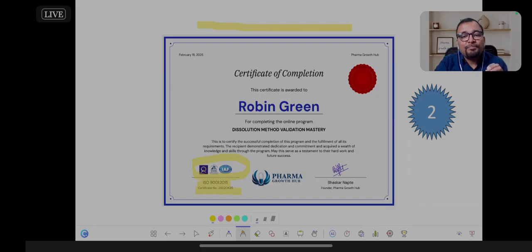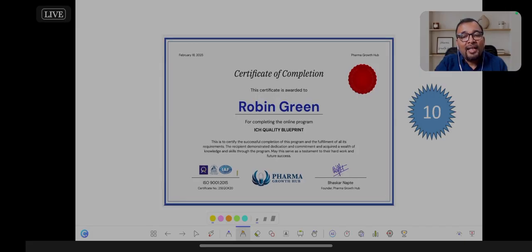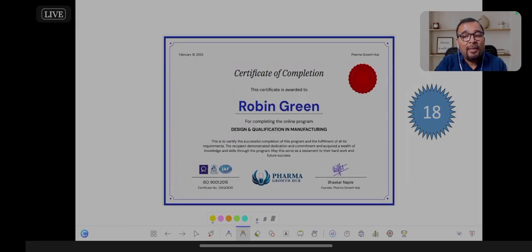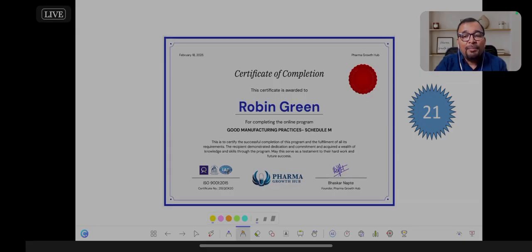The first one is assay method validation, second one is dissolution, third one is related substances, fourth is stability study mastery certification program, fifth one is instrument calibration, sixth instrument qualification, seventh is QMS mastery, eighth is cleaning validation, ninth is mutagenic nitrosamines, 10 is ICH quality blueprint, 11 is extractables and leachables, 12 is HPLC method development, 13 is GC method development, 14 is dissolution method development, 15 is spectroscopy method development, 16 is analytical method validation, 17 audit and compliance, 18 is design and qualification in the manufacturing, 19 is good manufacturing practices according to WHO, 20 is good manufacturing practices according to US FDA, 21 is Schedule M,